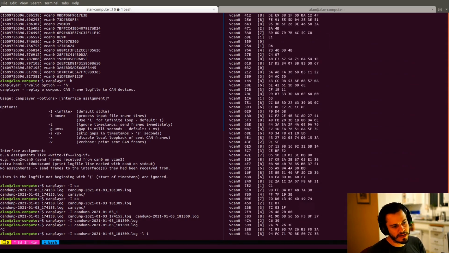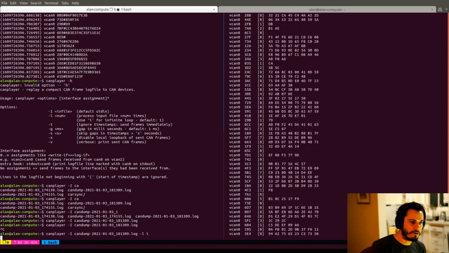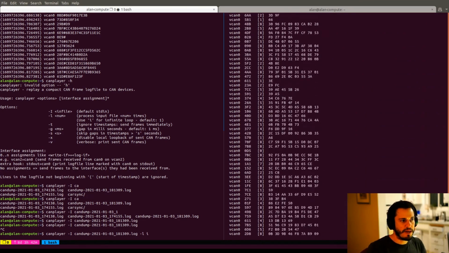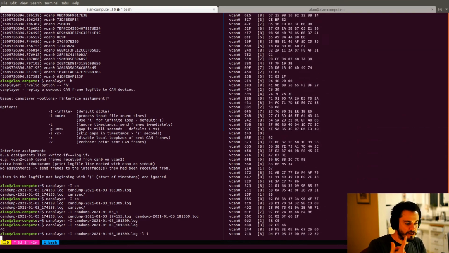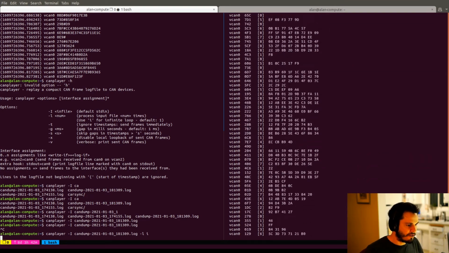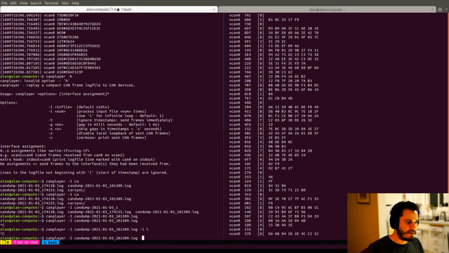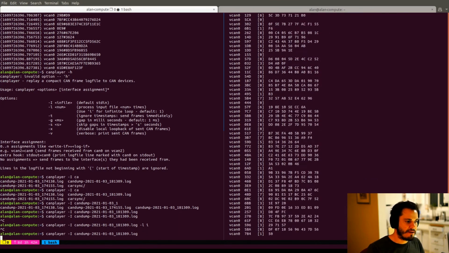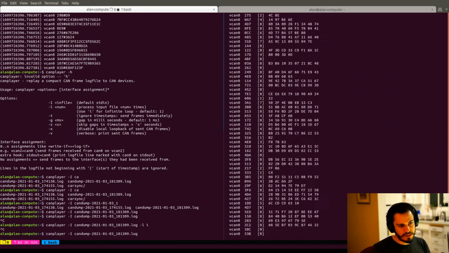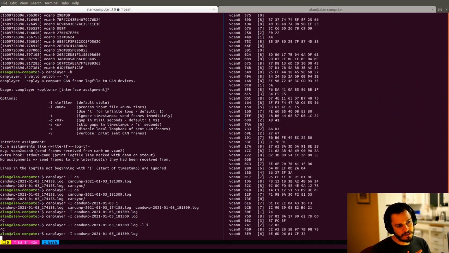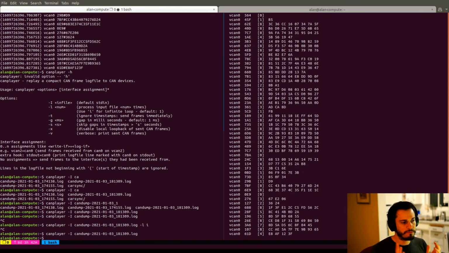It's a nice way to record data from a vehicle, for example, and be able to run it continuously. If I don't use the -li, it'll just run all of the recorded data, and then it'll stop when it's done.